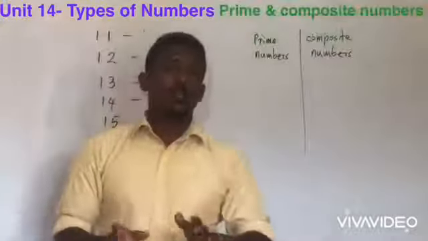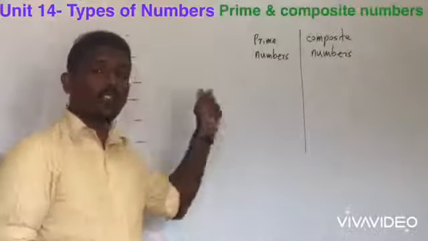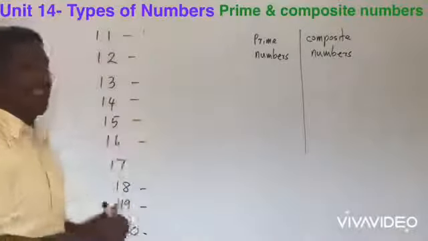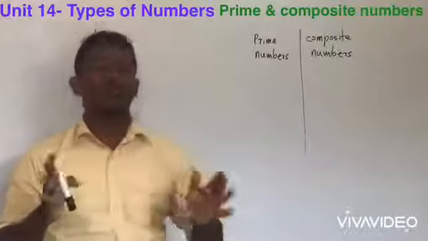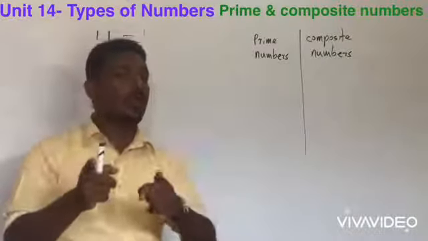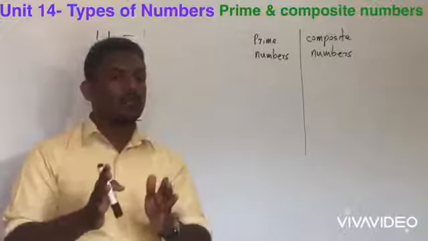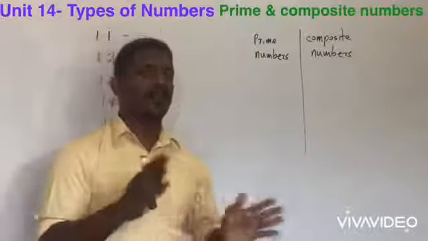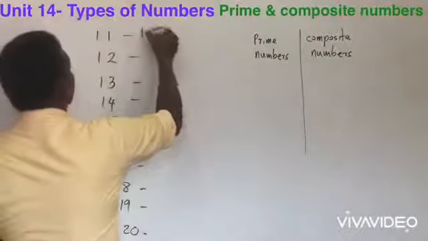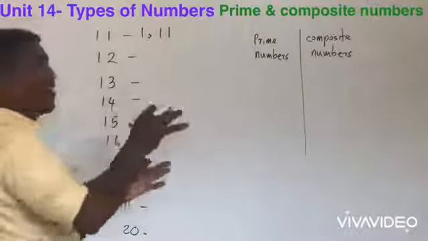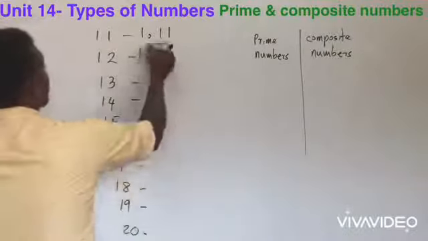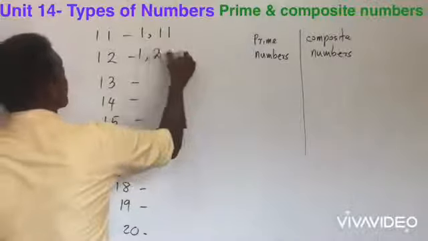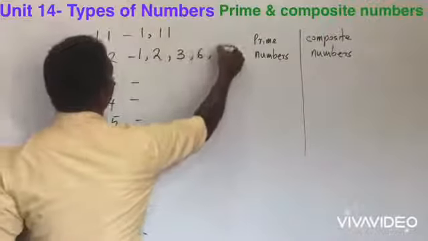I'm going to talk about all the factors of the numbers 11 to 20, the next 10 numbers, right? What are the factors of 11? How can 11 be written as a product of 2 numbers? Now think about the multiplication table. 11 can be written in only one way, 1 into itself. Therefore, its factors are only 1 and 11. 12 can be written in 3 ways, 1 into 12. Therefore, 1 and 12 are factors of 12. Then it is divisible by 2 also, and 12 is divisible by 3, then 6, and finally